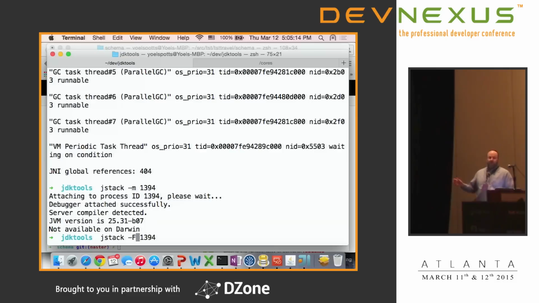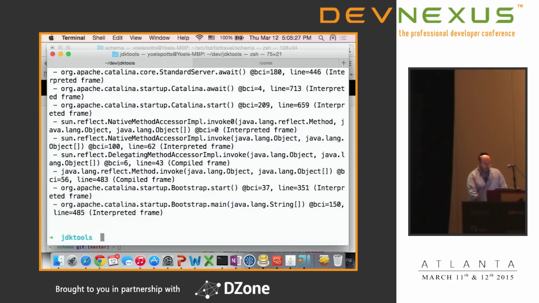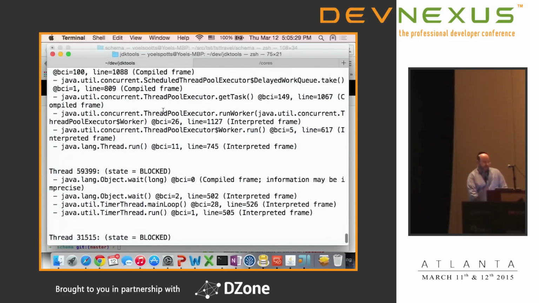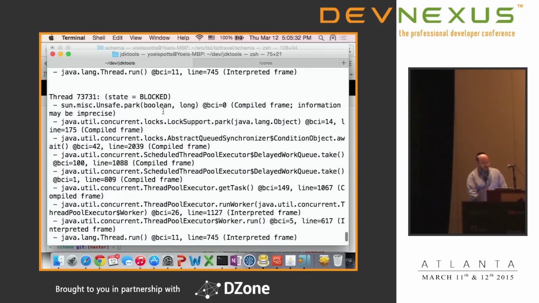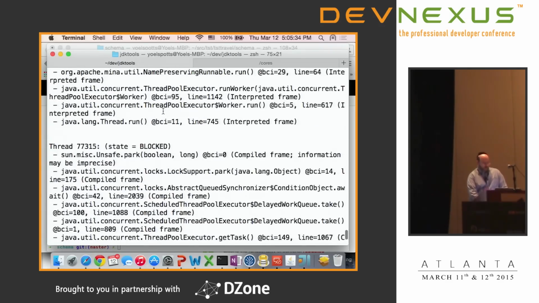Now remember, without the -F, JStack is using the attach API. With the -F, it's using the Serviceability Agent, which will force its way in. So if I've got a hung process, I'll be able to get the stack trace that way. If I can get to the beginning of this, so I want to show you what it, wow,